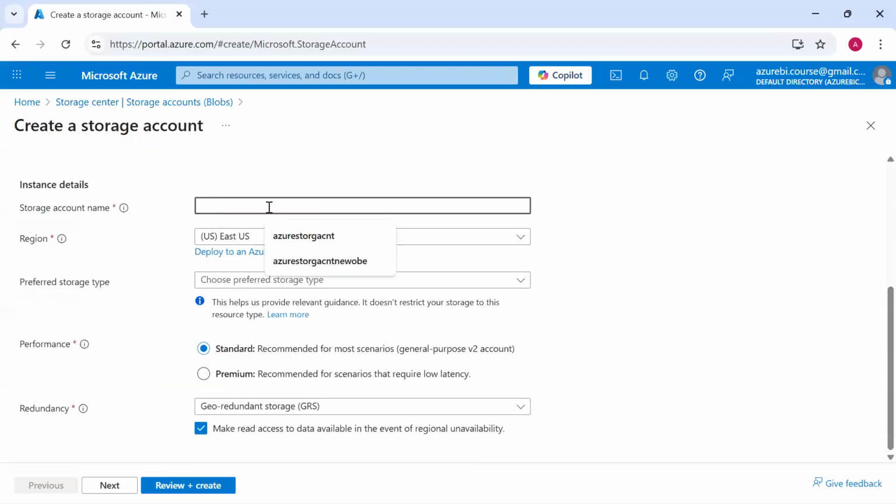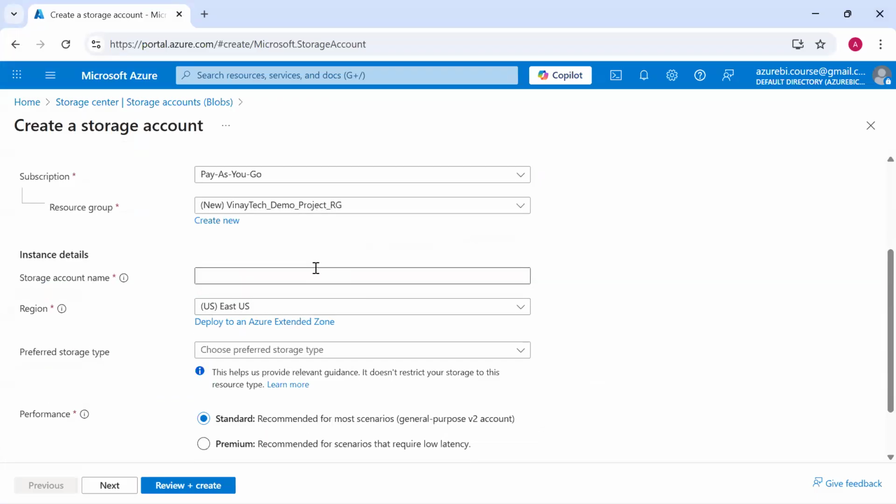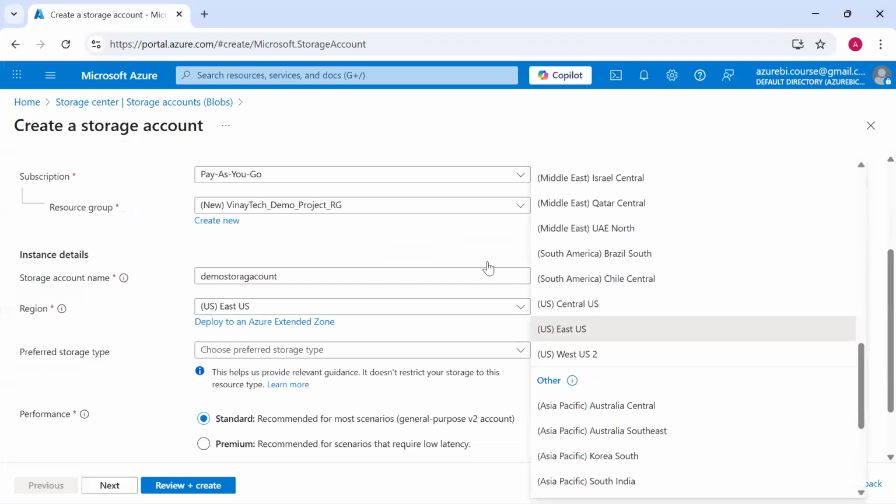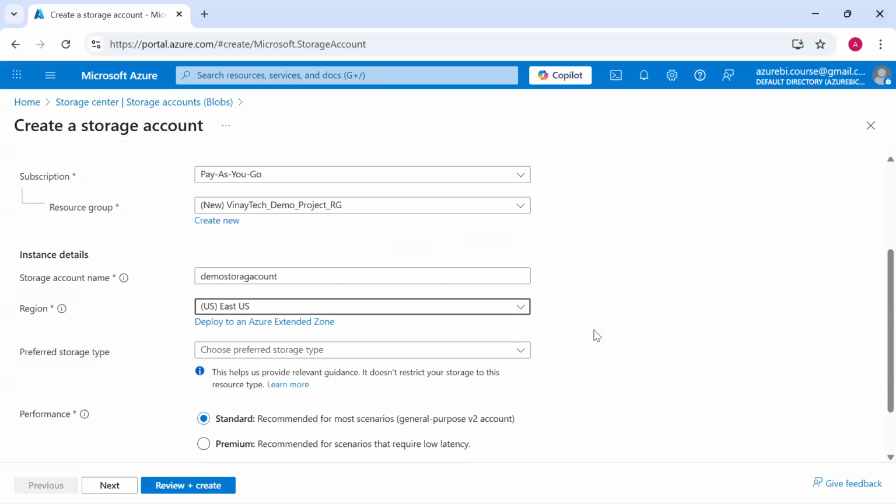Okay. So what instance or service do you want? I want Vinay demo storage account. Then the physical location where you are installing is East US. It is not in my system, and it is not in your system. It is at the company level: Microsoft's data center is in this location. I'm installing there.